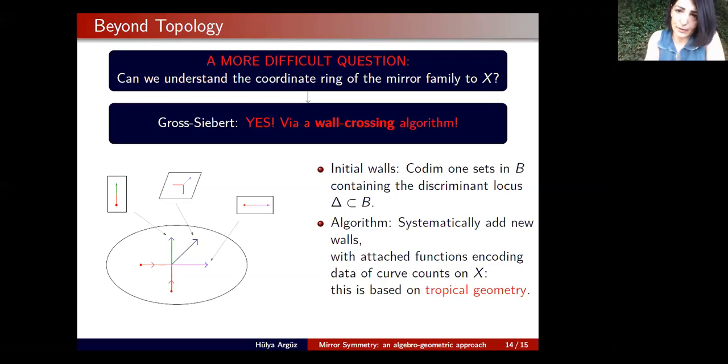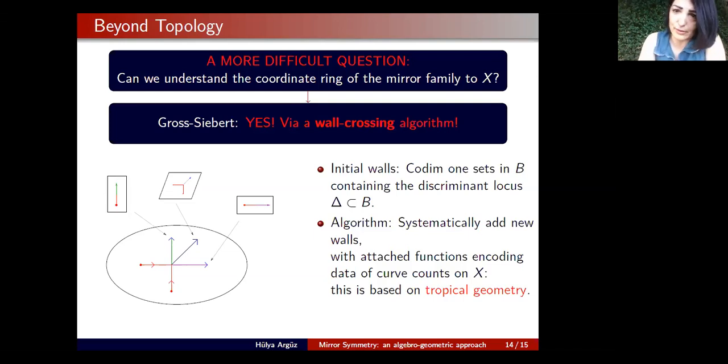The wall crossing algorithm is a technique to construct homogeneous coordinate rings of varieties. So if you have a toric variety, you know that when you have, as mentioned, a moment polytope or a toric fan, like for P2, you have this toric fan with 3 regions. From each you can read the affine chart A2, and you know how to patch them together to P2.